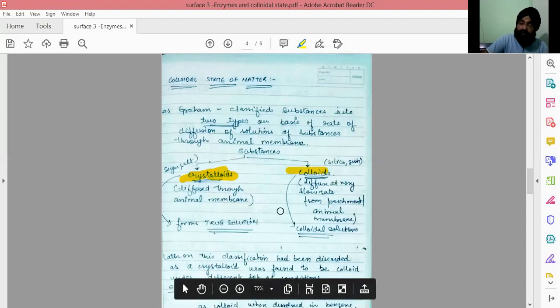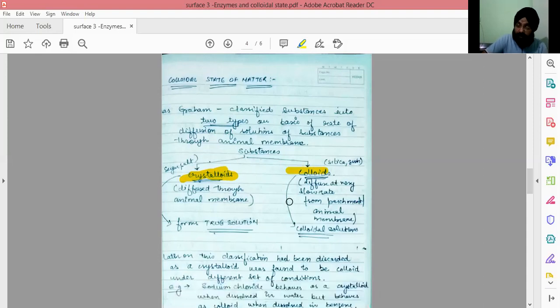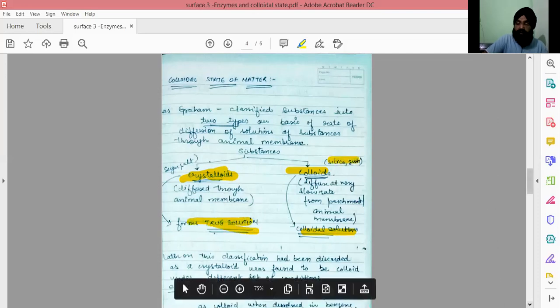He categorized the substances which can pass through the parchment membrane very readily, very fast, as crystalloids, like salt solution, like sugar solution. Those which diffuse very slowly through the parchment membrane he called colloids, and their solutions colloidal solutions. Substances as crystalloids can pass very fast through the parchment membrane, and their solutions are true solutions. So silica, gum, like those are categorized under